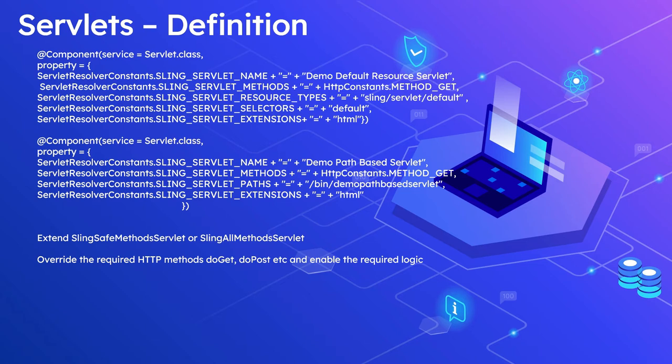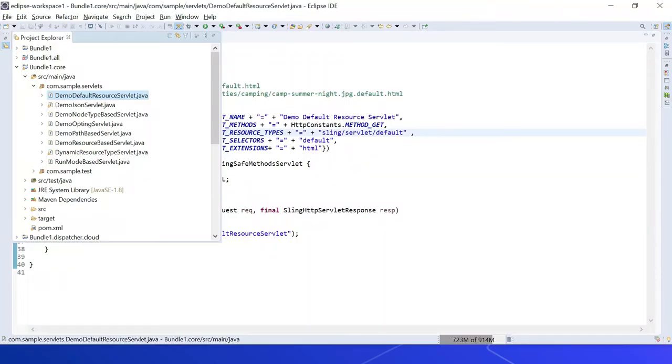The resource type sling/servlet/default is selected if no servlet for the current resource type can be found. You can even define a servlet with the sling/servlet/default resource type and specific selectors and extensions, so that the servlet can be invoked for all the resources. Let us quickly see the demo now.